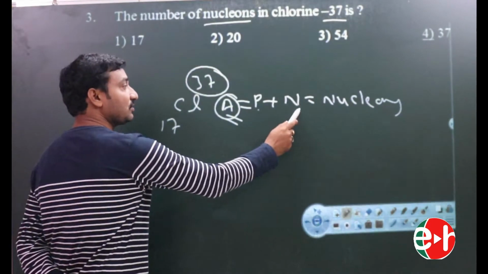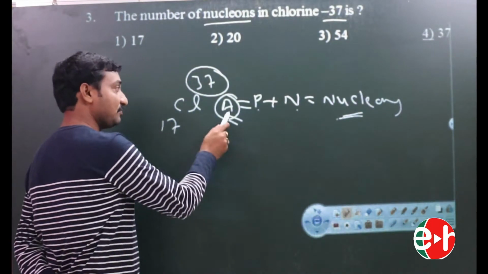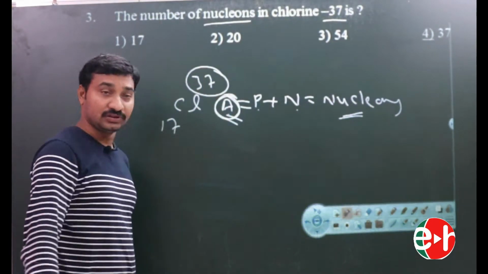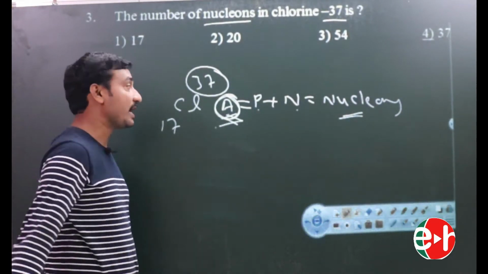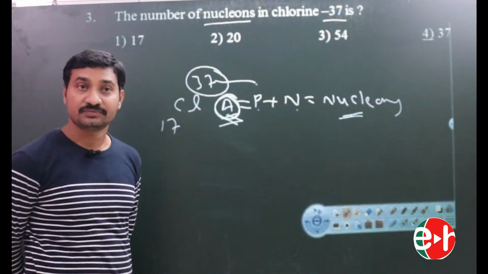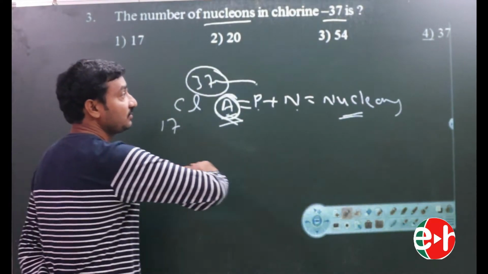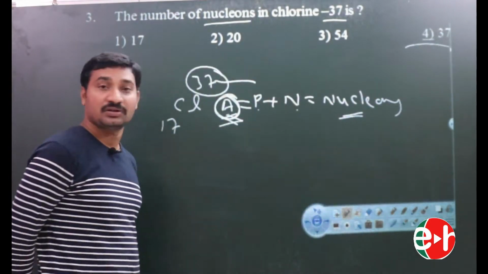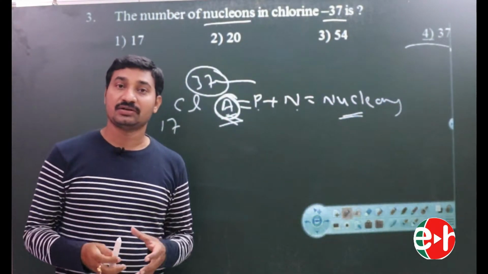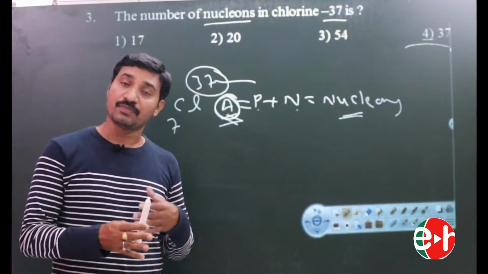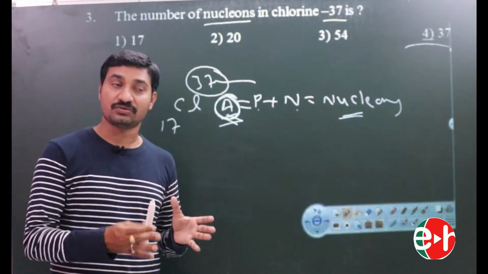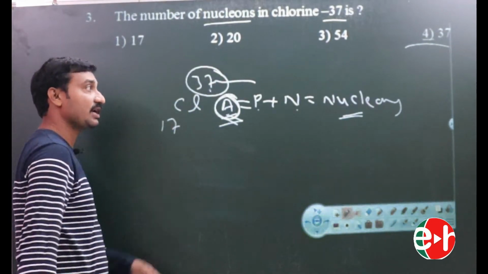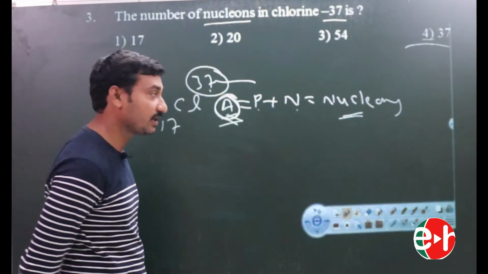Sum of protons plus neutrons are nucleons, or sum of protons plus neutrons are known as atom mass number. So hence 37 is the right answer. Okay, which one? Fourth option. Got it? So nucleons are sum of protons plus neutrons, mass number also sum of protons plus neutrons. So here what is mass number? 37. Hence 37 is the right answer. Okay,